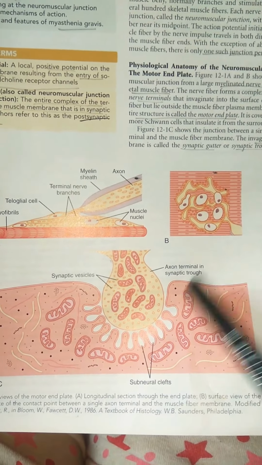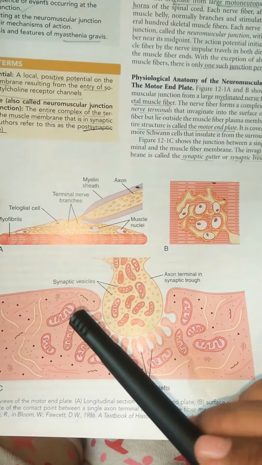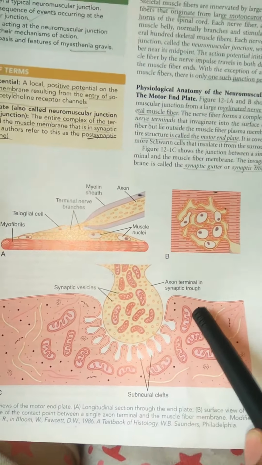Not only the biceps muscle, any muscle is connected in such a way. So we have something known as the motor end plate, which is a neuronal end at the muscle. If we check out the diagram, we can clearly understand this. Here you can see the motor end plate. You can see the subneural clefts, which are mainly present on the motor end plate. The motor end plate is nothing but the membrane of a muscle.